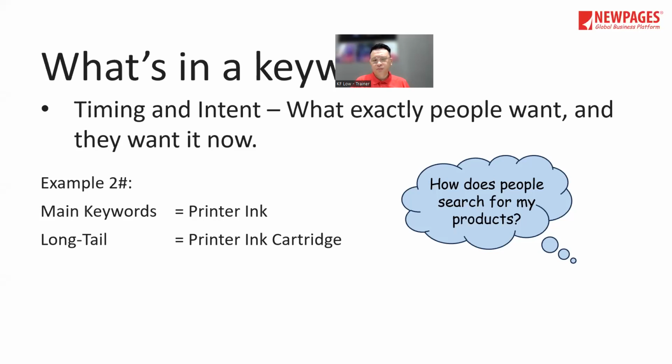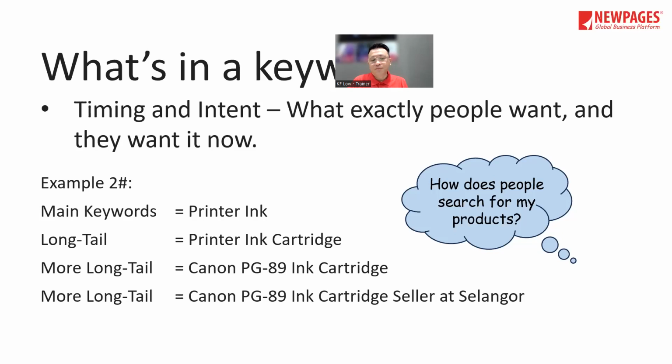So what I will do, I will search for the model of the printer ink, right? In this case, you need to add your printer ink model. Maybe I will search for Canon PG89 ink cartridge. That is where your customer is searching, and it also means this keyword will bring dollar value or money value to you. All right. Also, a more long tail example can be like Canon PG89 ink cartridge seller at Selangor,